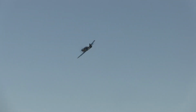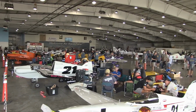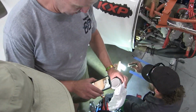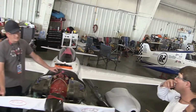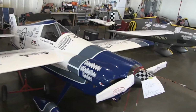Sport class air racing is an interesting level of air racing. We are the experimental aircraft class. We are all about innovation. We're all about exciting new technology, and most of the airplanes that are here at the National Championship Air Races that are flying in sport class were built by the pilots in their garages and then at airports around the country. So sport class trains the 36 pilots that we have here in Reno,